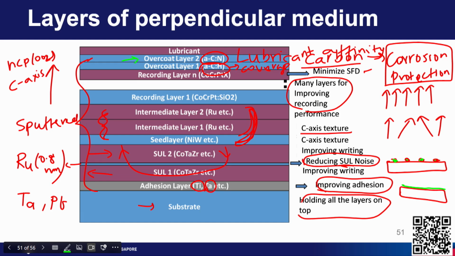Okay, then on top we have lubricant. This lubricant is some polymers, and the chemical name is called Zdol. If you are interested in the chemistry, you can look for this name. You can Google and find out what Zdol is. Why we have this lubricant is because,